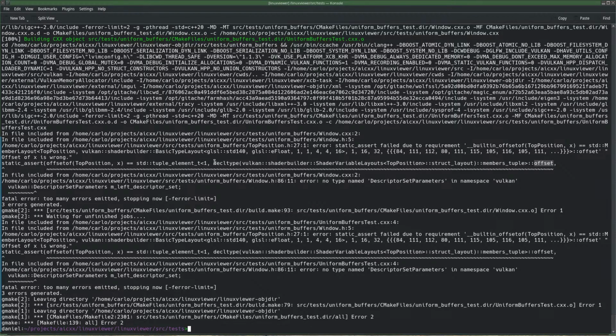Unfortunately, it does not show the declaration type. But maybe you can guess. It probably is embedded in this information here. Oh, there's offsets here.